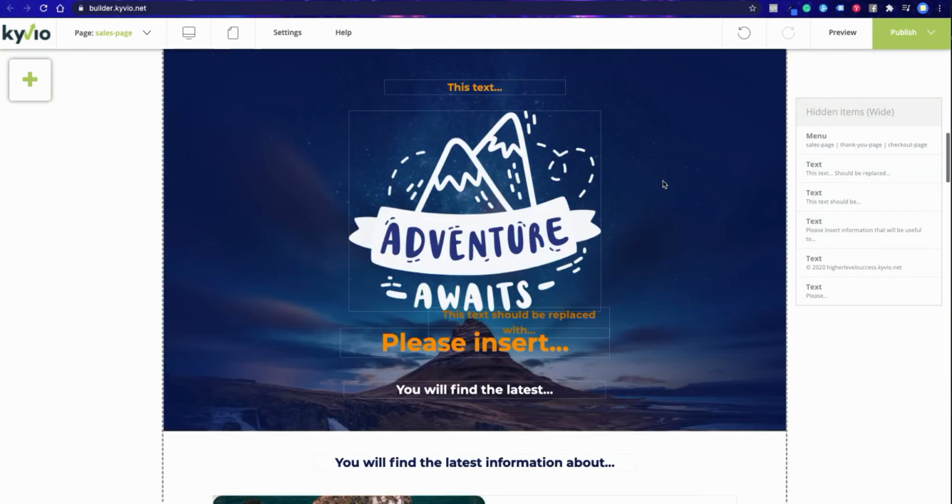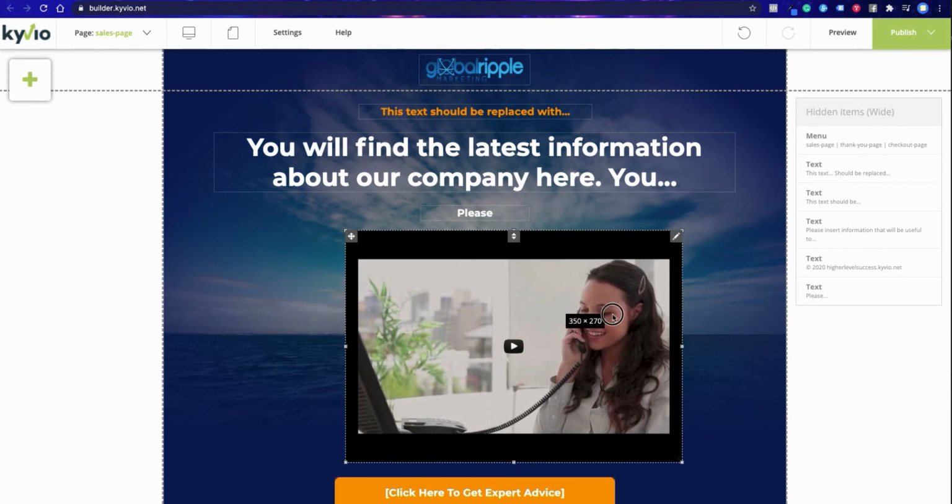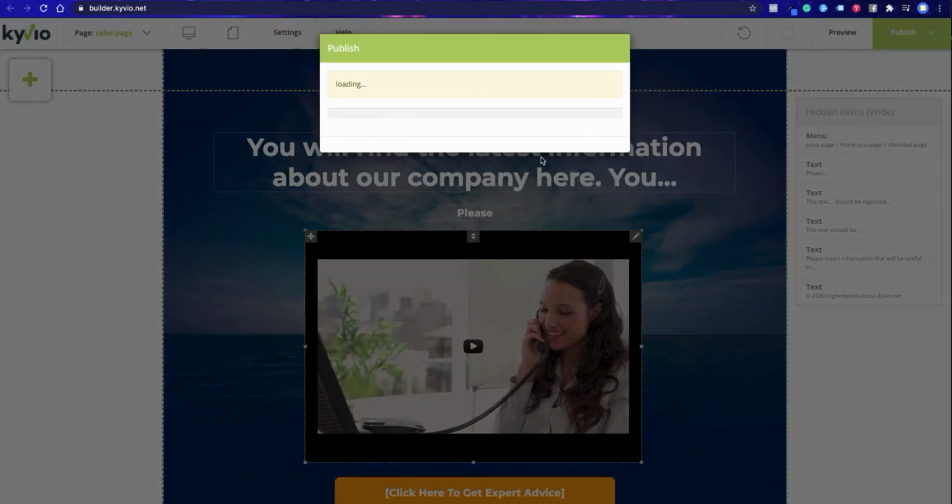All right, so let's just say I was happy with this. Obviously, there's a lot of other elements in here I can change around, wherever I decide. Next thing I'm going to do is basically just publish it and get it ready to go live. Okay, so it's going to take a little bit here to load, and as you can see, it just loaded right up,